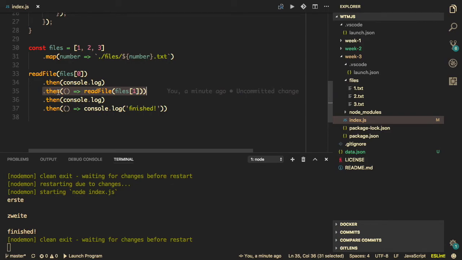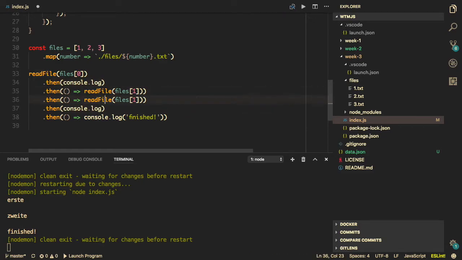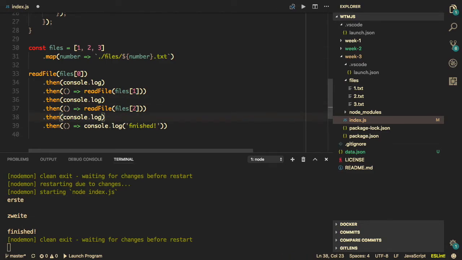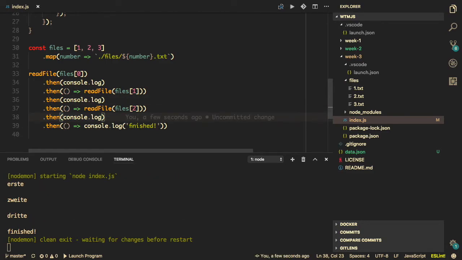let's read the second file, all right? And then I said, okay, then log it, the second file. And now what I'm going to do is put the third file here, and then put another console log after that. And I get erste, zweite, dritte, and finished. I can go on forever. And you see there is no